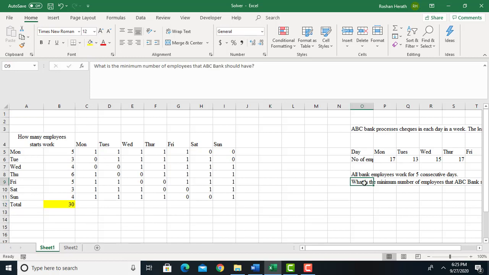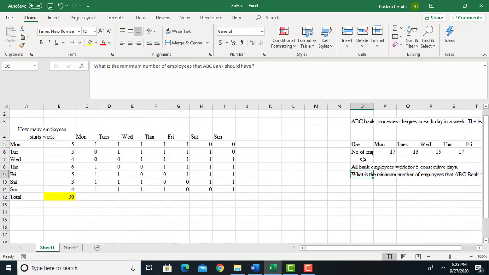But what we need to ensure is what is the minimum number of employees that the ABC bank should have in order to perform the check processing. What must be the minimum number that the bank should have? And here the bank has identified the minimum number of employees that must be available on each of the date. So therefore, if I take the availability over here,